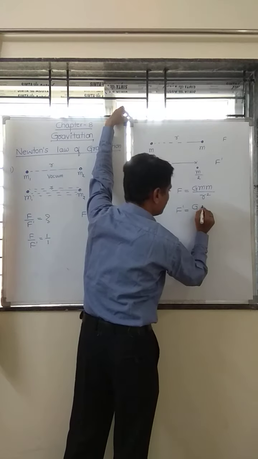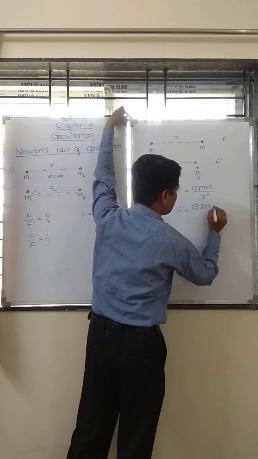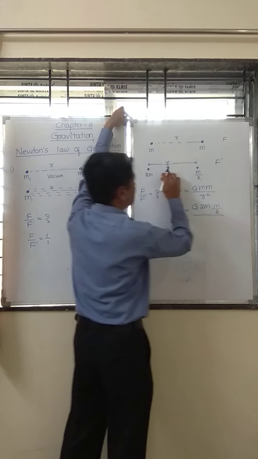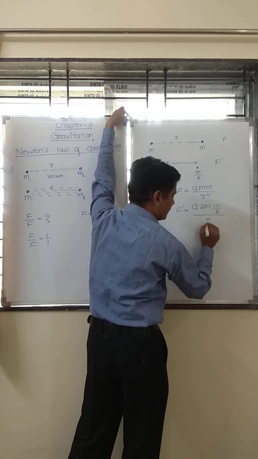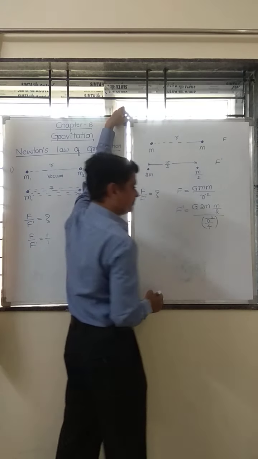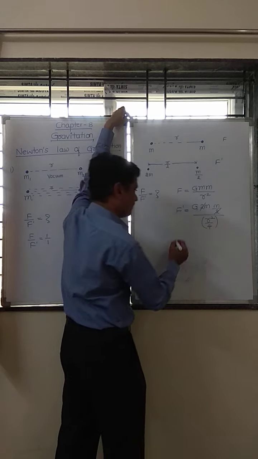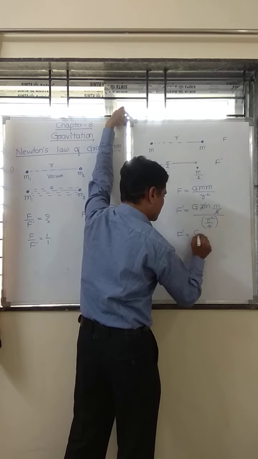First mass is 2m, second mass is m by 2, distance is r by 2 whole square, which is r square by 4. This and this will be cancelled. Then F dash can be written as capital G